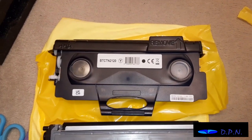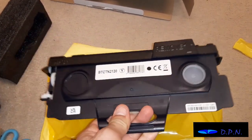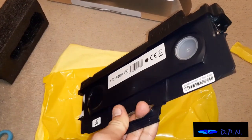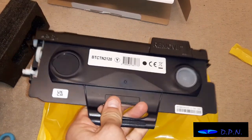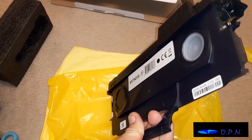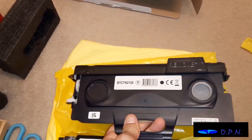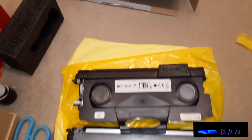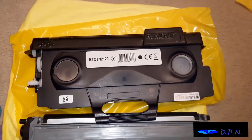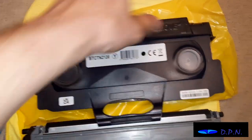So the first thing you need to do is gently rock this from side to side. They recommend doing this, I assume if it's been sitting there for a while, it gets the ink moving inside, and it says do that about 4 or 5 times. Unless you're really unlucky, that shouldn't be a problem. I've left the cover on there to make sure that if something was going to leak out, hopefully it shouldn't do. So if we now take the protective cover off,